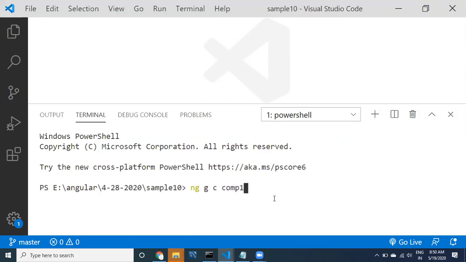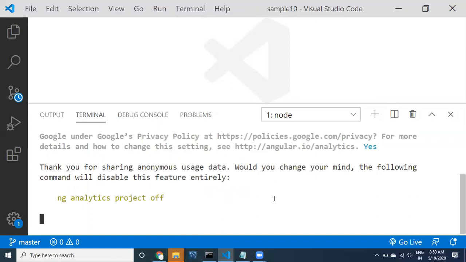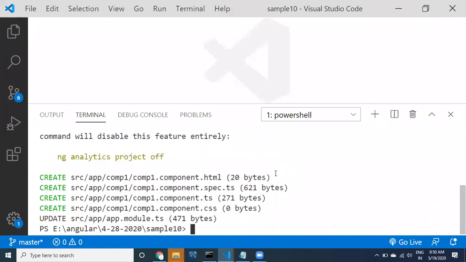I'm not going to create any other modules, only components. See here, guys, ng generate component comp1. In the same way I want to create comp2.